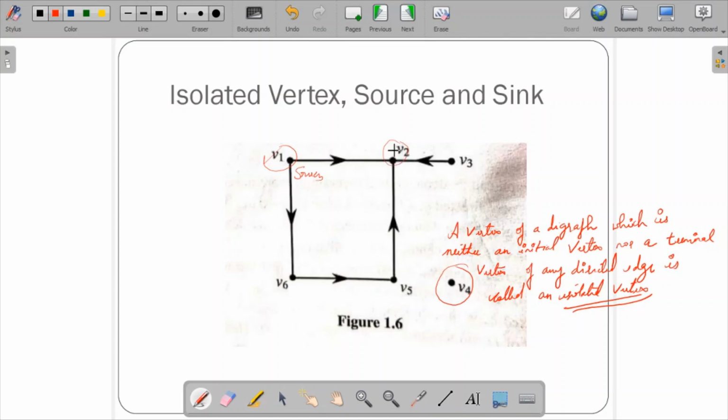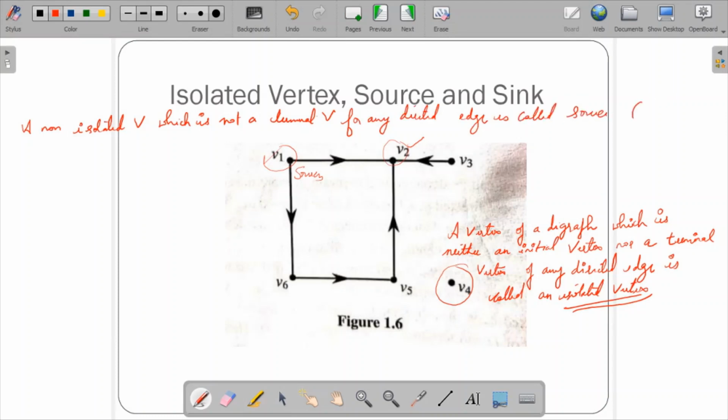A non-isolated vertex which is not an initial vertex for any directed edge is called a sink, like V2. So the definition: a non-isolated vertex which is not a terminal vertex for any directed edge is called a source.